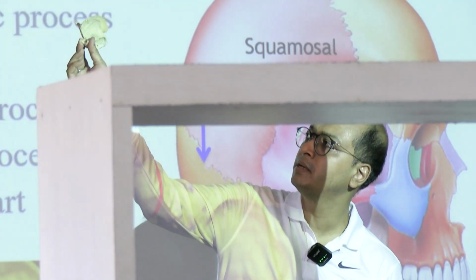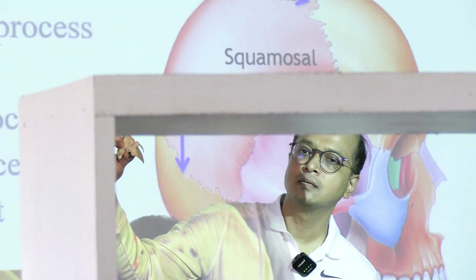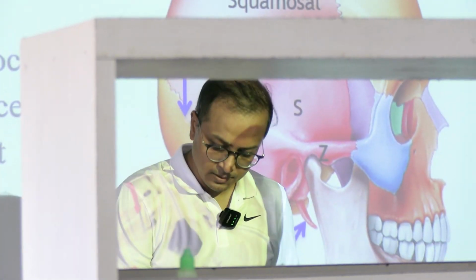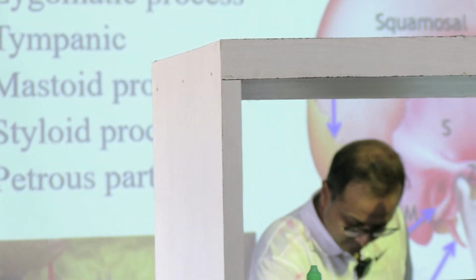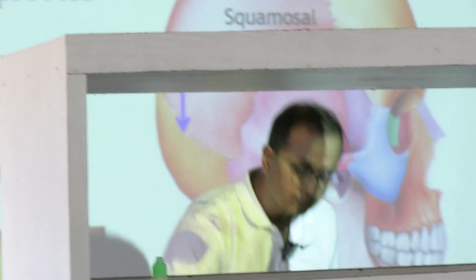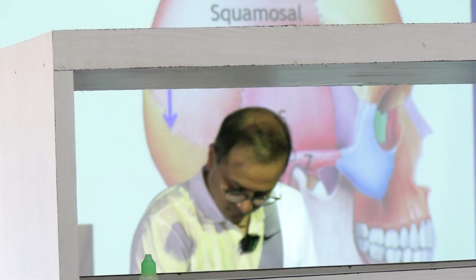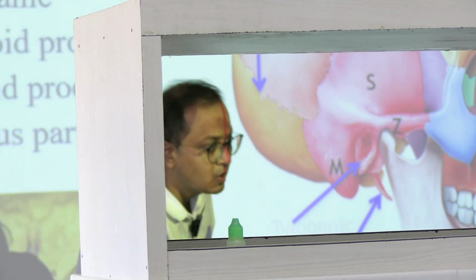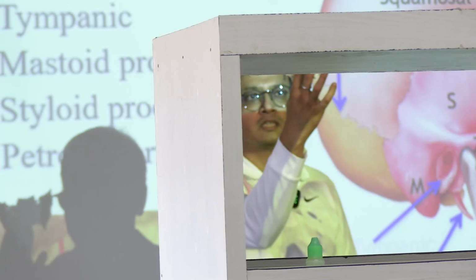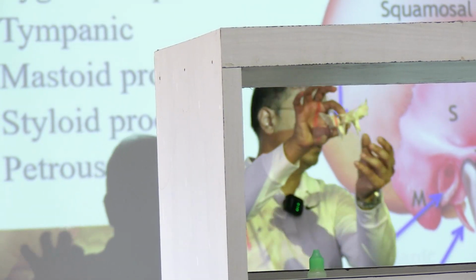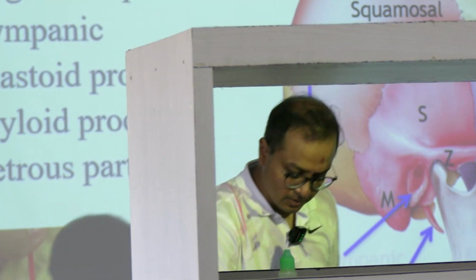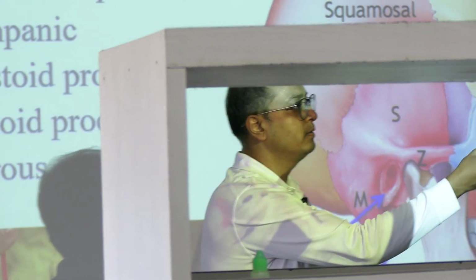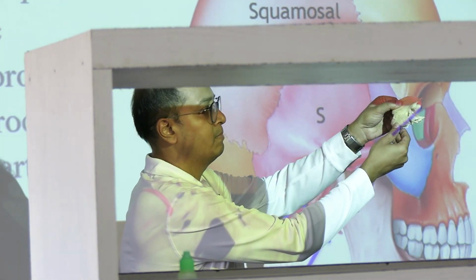This is deep inside, the petrous part, and this styloid process, mastoid process, zygomatic arch, sphenoid, right? Individual bones you should know. The basic parts of this bone you should know: this is body, wings, and landing gear, the pterygoids. That's it. Squamous, mastoid,